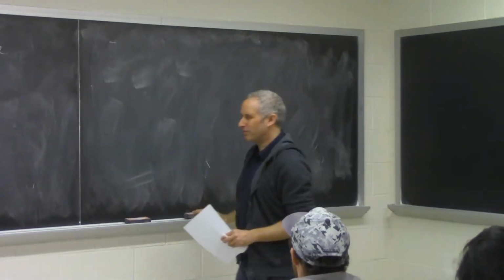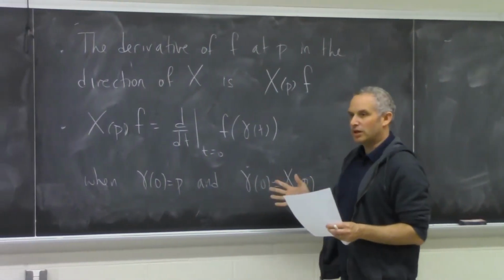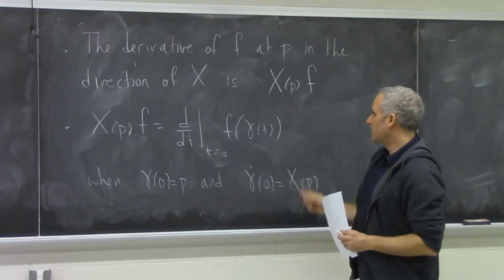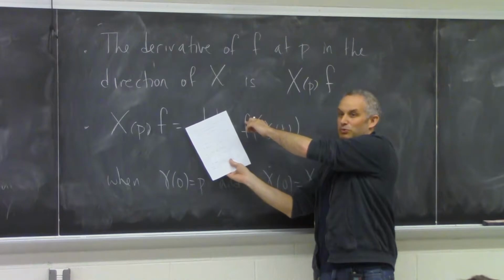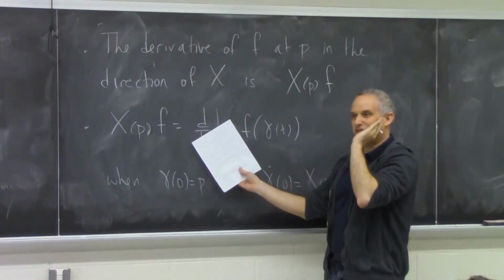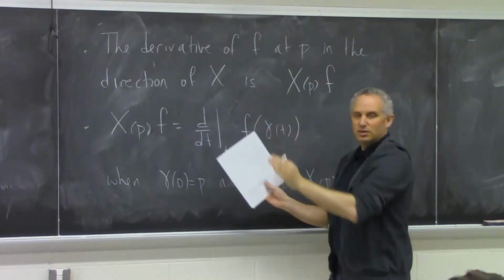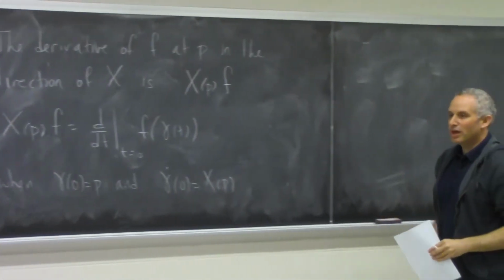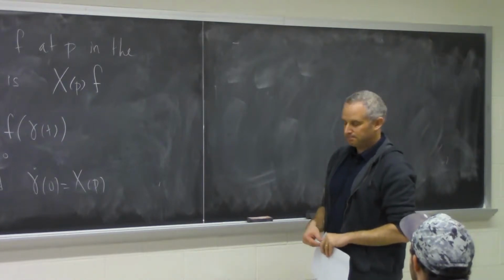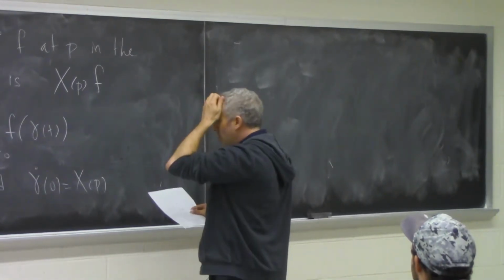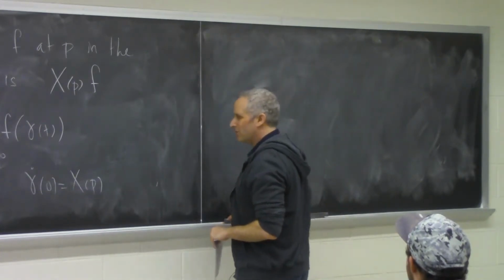So does that work for vector fields? Not quite yet. The thing is that this is a real valued function. If we replace this by Y, that's just a collection of vectors along the image of the curve, right? And so calculus doesn't tell us what the derivative of that is.